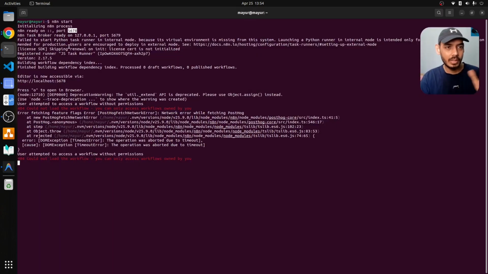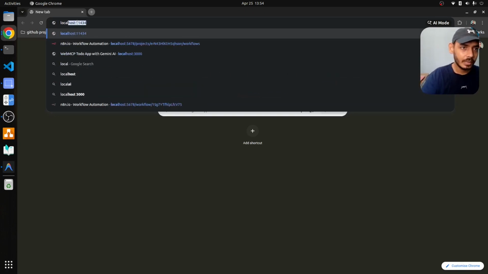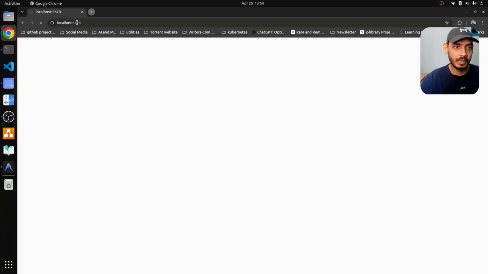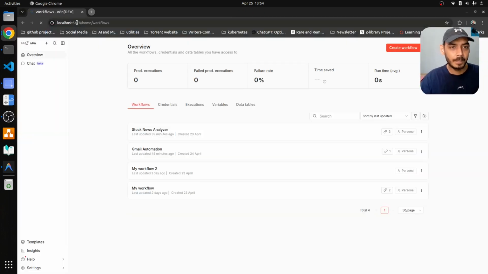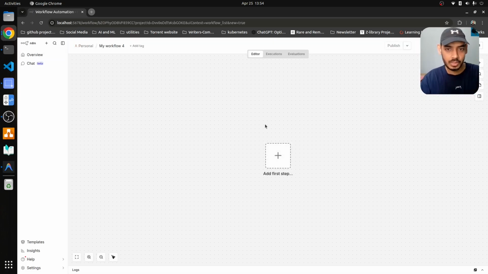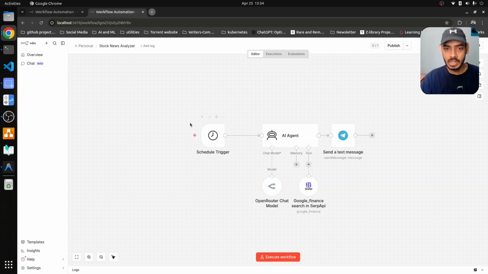Since the n8n server is already running, I'll go here and type in localhost 5678. And here you can go and create your workflow. So this is a new section where you can create your new workflow. I'll go to personal here and I'll show you the existing setup, which is the stock news analyzer, where we have